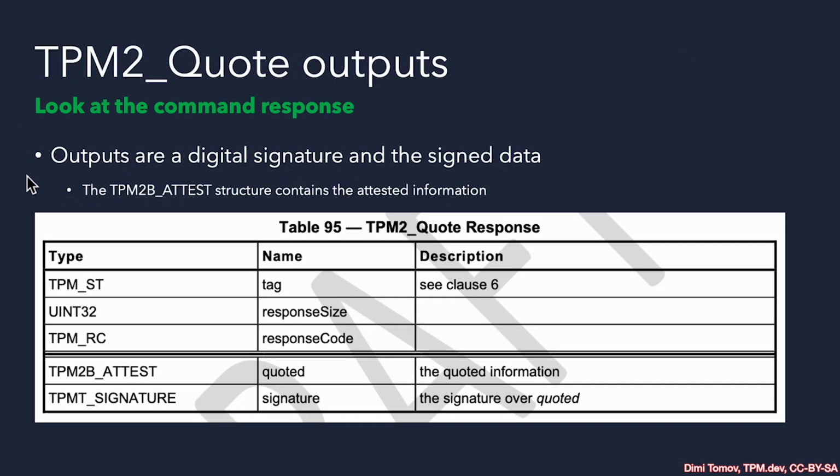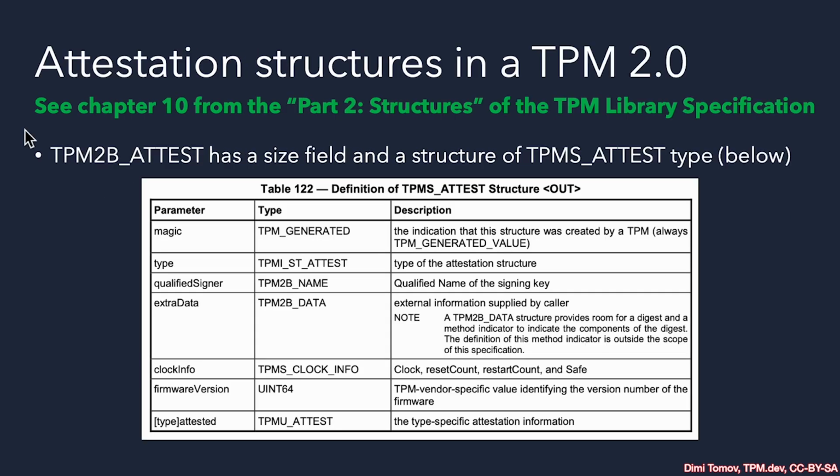Here are the outputs of the tpm2_quote command. We have a TPM2B_ATTEST structure and the digital signature over that structure, over the evidence. TPM2B_ATTEST is just the generic structure to receive the buffer of the evidence. To make sense of the evidence, we need to take a closer look at the different unions defined in the structure specification of the TCG regarding the TPM. This is part 2 of the specification. Prepare yourself because this is a bit like Inception, and you'll see what I'm talking about in just a moment.